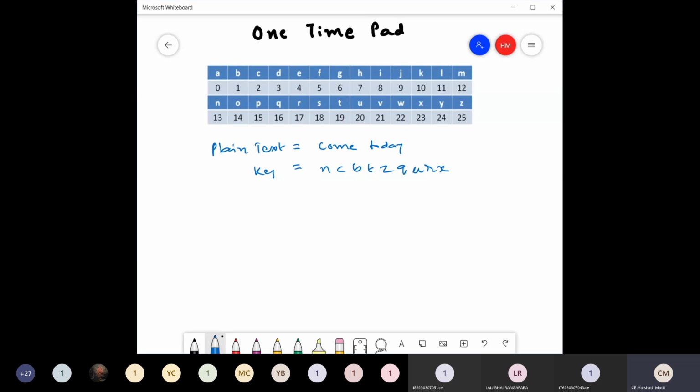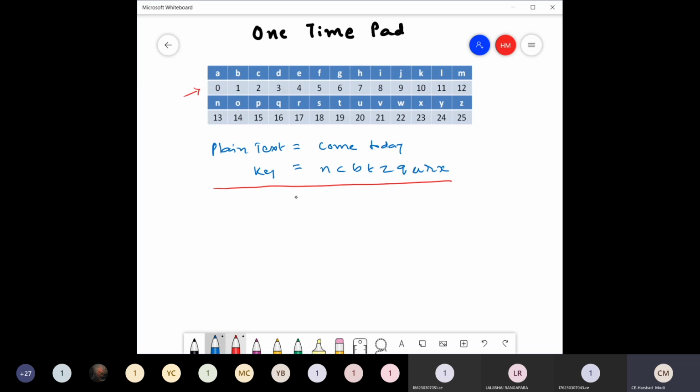But here we have to remember that if this type of encryption algorithm is asked in the exam, then you will be given the plain text and a key of the same size as the plain text. After that, we have to use the numbering from A to Z to allocate a decimal value to each letter of the plain text and the key.